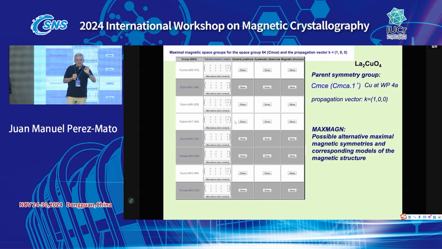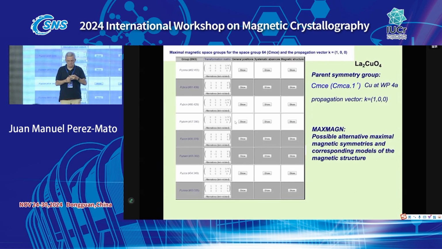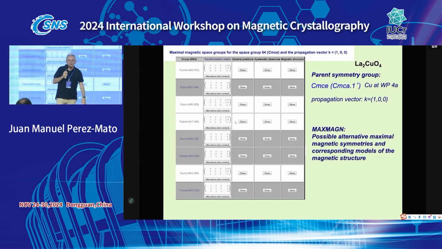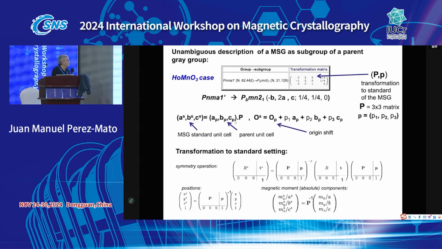This transformation matrix is similar to the one I showed you in my first talk, but there is a very important difference. This matrix tells me that this subgroup becomes standard, for the type I'm putting here for the symbol, if I make this transformation. But this transformation is with respect to the unit cell and origin of the parent paramagnetic space group, while in the case that I was showing you before, it's with respect to the